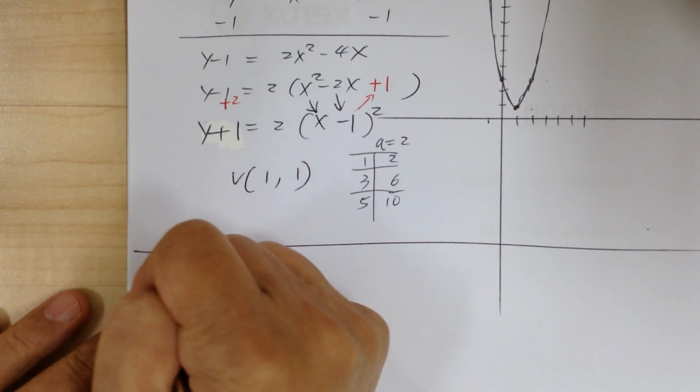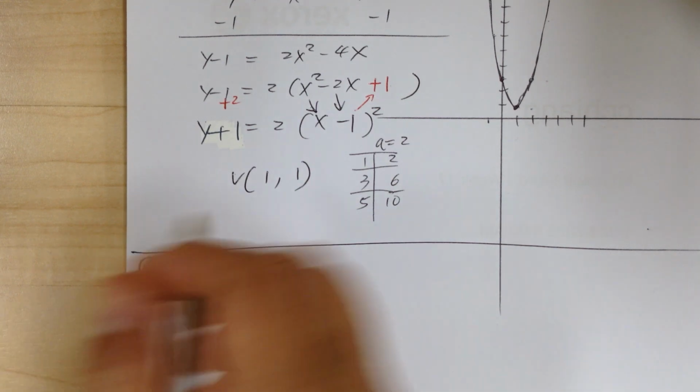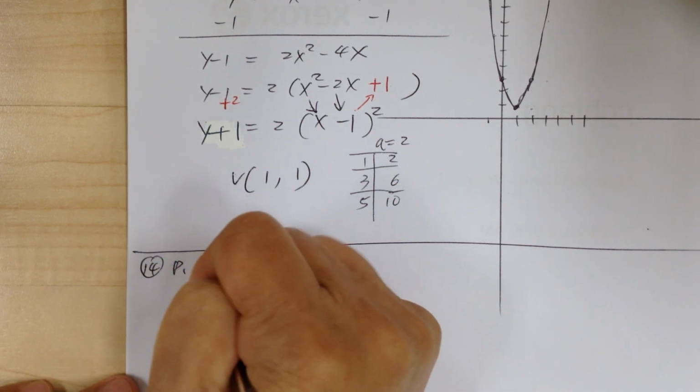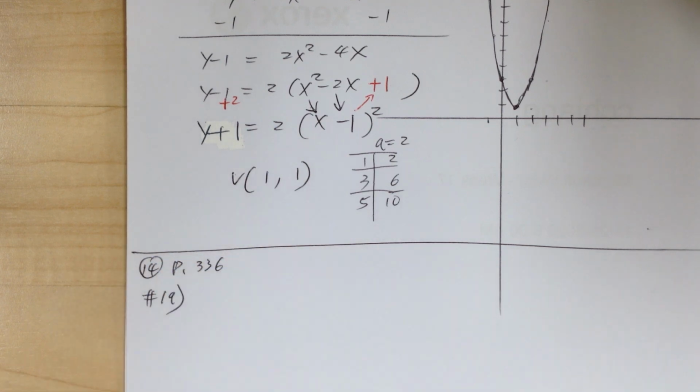Okay, let's go to the next item. Okay, number 14, same thing, page 336, and let's go to number 19. Okay, so to find the maximum minimum value,